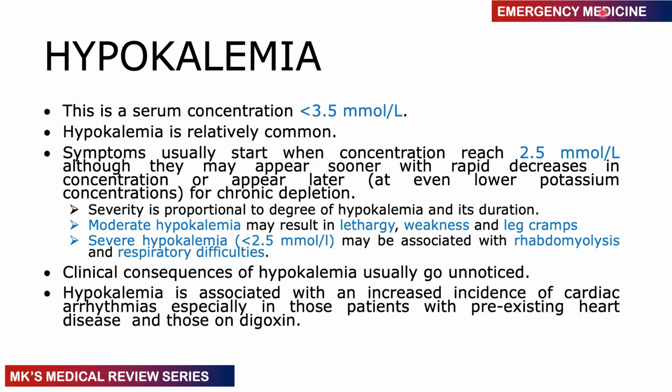So remember that the normal concentration of potassium is between 3.5 to 5.5 millimoles per liter or milliequivalents per liter. An increase in potassium concentration above 5.5, we call hyperkalemia. A decrease in potassium concentration below 3.5 is known as hypokalemia. Remember that potassium is a very important cation that is found in the intracellular space. It is very important because it helps in maintaining action potentials, or rather membrane potentials, of different types of